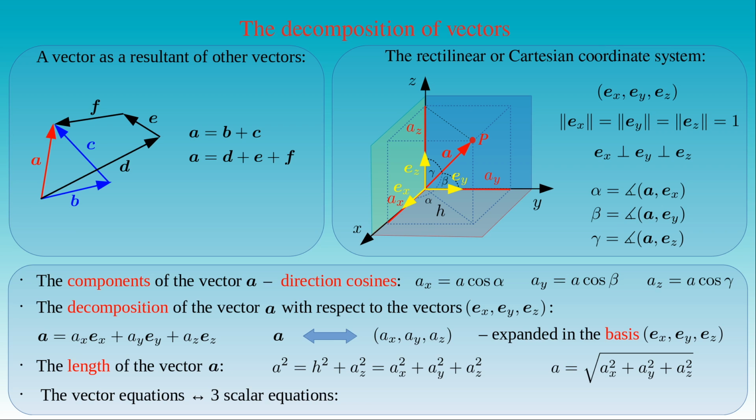As a result of the basis expansion, any vector equation is equivalent to three scalar equations. That is, if the vector A is equal to the vector B, it means we have three component equations, namely, Ax is equal to Bx, Ay is equal to By, and Az is equal to Bz. Then we can work with the scalar equations by determining the components, as the expansion of the vector equations in the given coordinate basis.